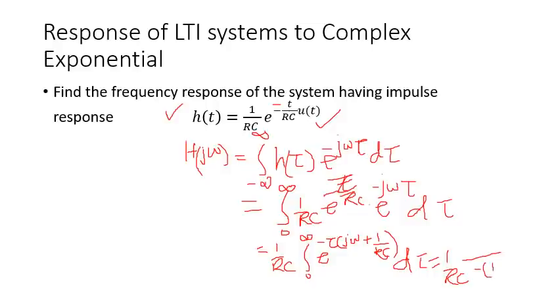So let's write 1 by RC before 1 by RC plus j omega. It's the norm that we write the real value first and then the complex one. So we have this, and if I put the limits, it is something like